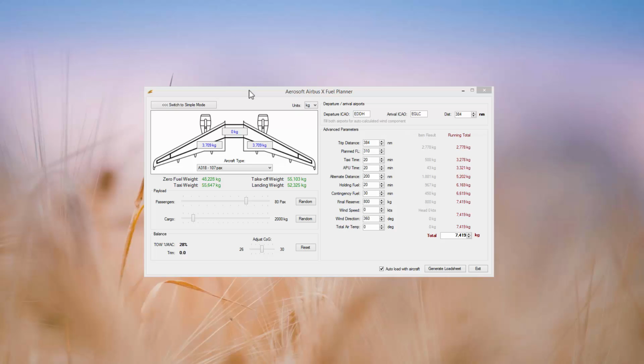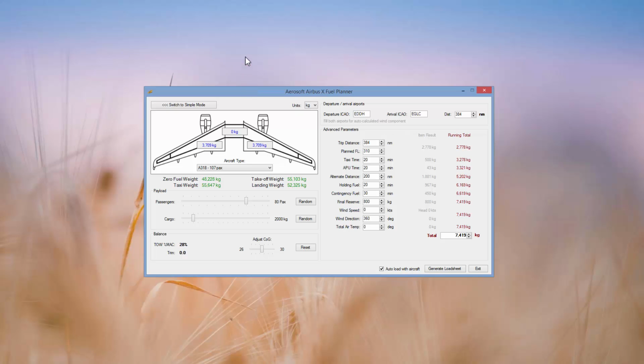So as usual, when we get started with these things, probably the first place we should visit is the fuel planner. So I've loaded that up in advanced mode now. Quick reminder, we should be using units of kilograms. For this step also make sure you select the appropriate aircraft type. For this one we want to use the